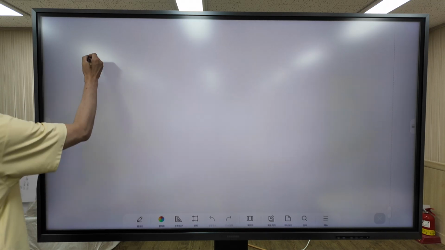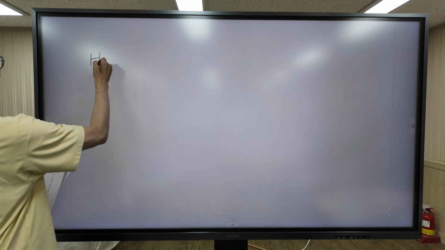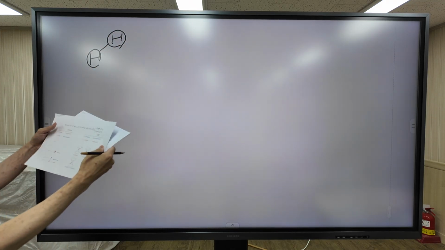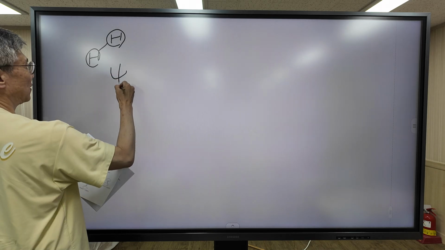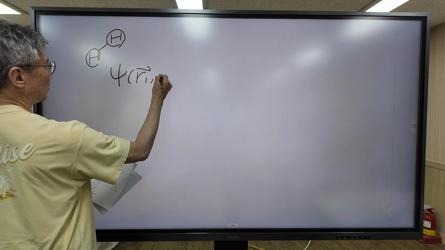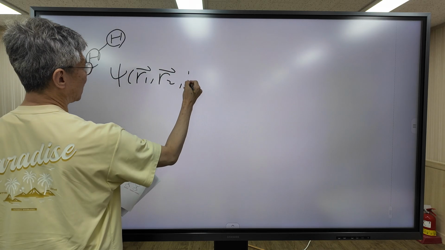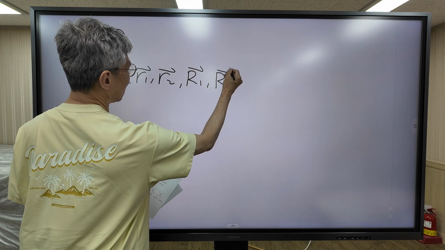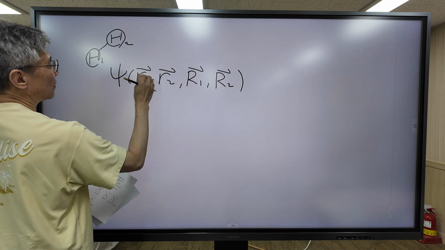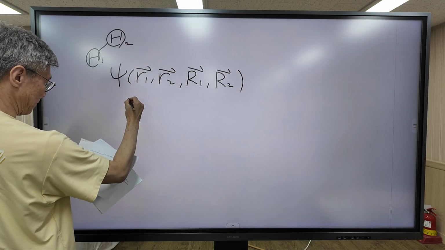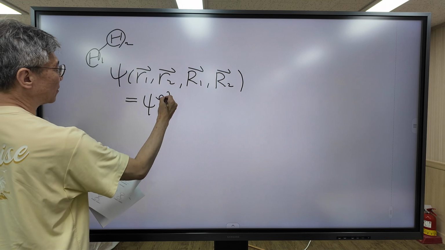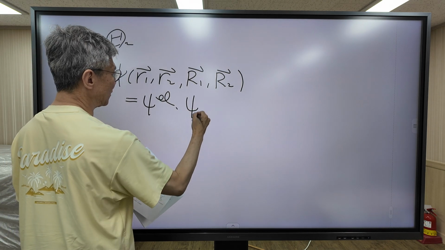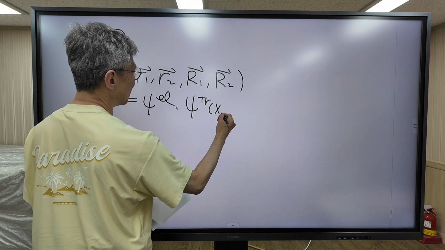We learned that the wave function for the homonuclear diatomic, such as H2, can be expressed as this. This is the coordinate of two nuclei. It's a product of electronic wave function and the nuclear wave function. And the nuclear wave function can be expressed as a translational wave function